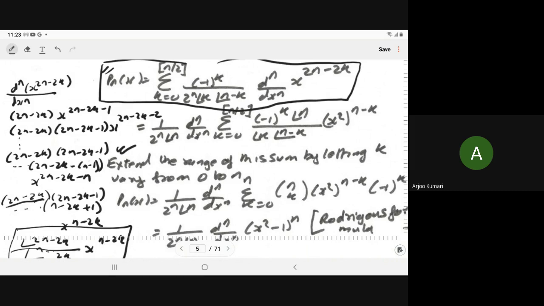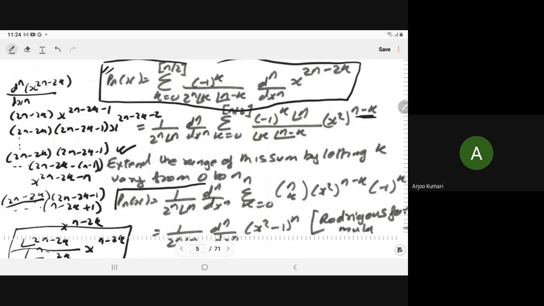range for k from 0 to n, because when we are taking the nth derivative, here we have n minus k. So after n by 2, if you take the nth derivative, that term will come 0, right? The term will come 0. So due to that we can increase the range. So we can write P_n(x) is equal to 1 upon 2^n n! d^n/dx^n of summation k is equal to 0 to n